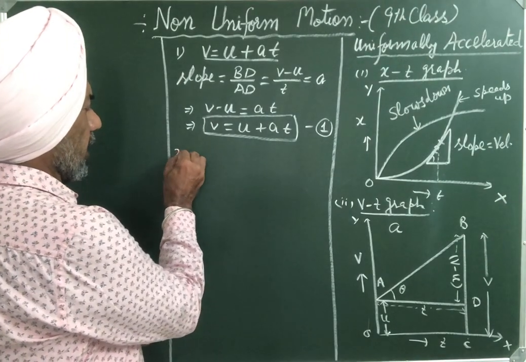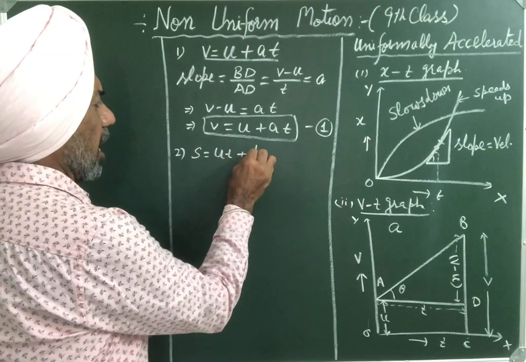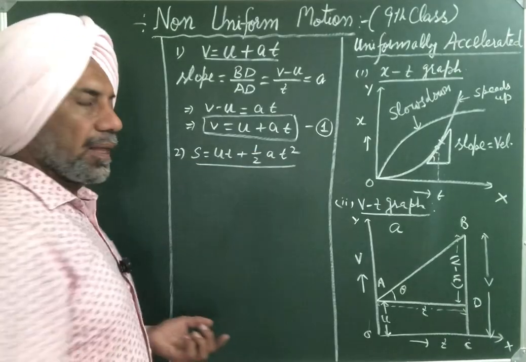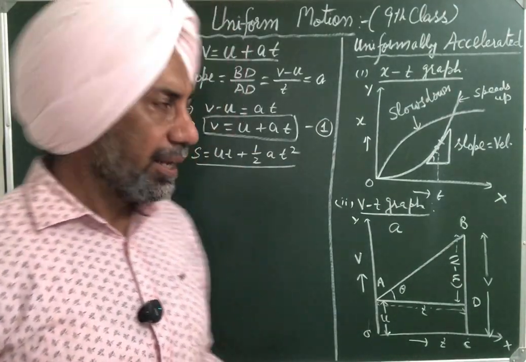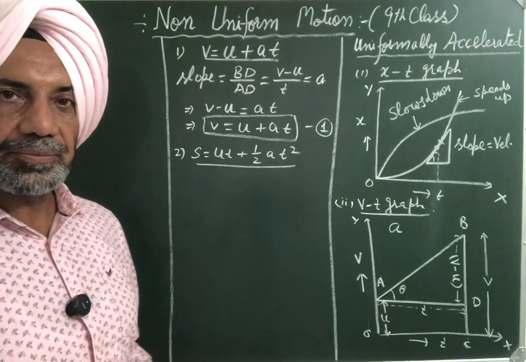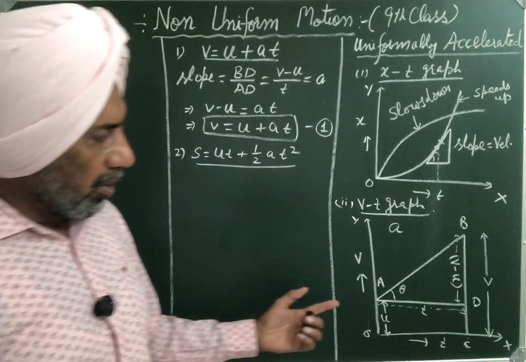Then, second, to derive s is equal to ut plus half at square, where s is the distance covered during time t. Again, a uniform acceleration, u is the initial velocity, t is the time taken. To derive this equation, we take